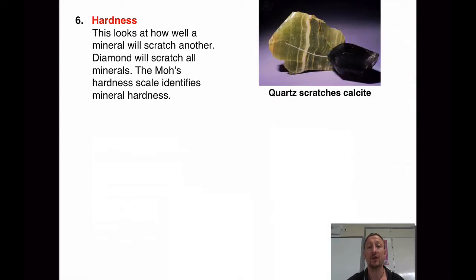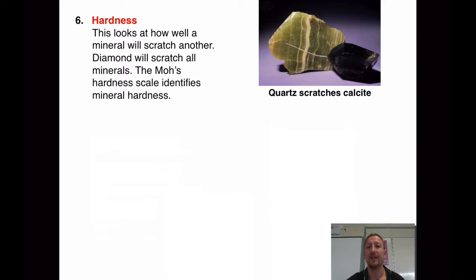Now, what else have we got? We've also got hardness. Now, this looks at the ability for one mineral to scratch another. Now, some are very, very soft and some are very, very hard. Now, the hardest one is diamond. It's a very, very strong mineral made up of the pure atoms of carbon, and they're combined in such a way that it's one of the hardest minerals on the planet. Now, diamond will cut virtually anything, it will scratch anything. Talc, on the other hand, is incredibly soft,